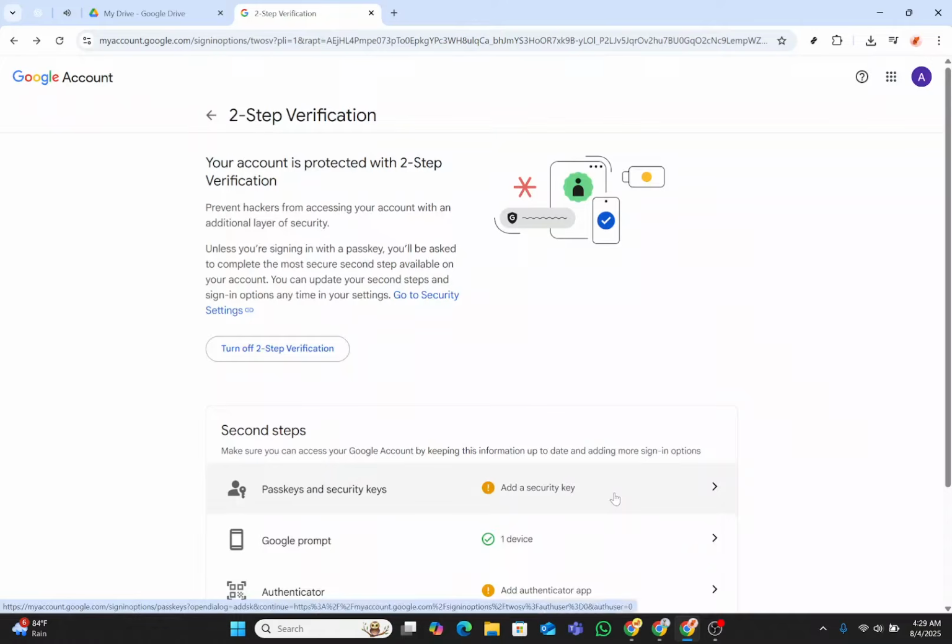That's it. You've now successfully turned on two-factor authentication for your Google account, adding an extra step to your login process, but also significantly enhancing your security. This ensures that even if someone gets hold of your password, they'll still need that second level of verification to